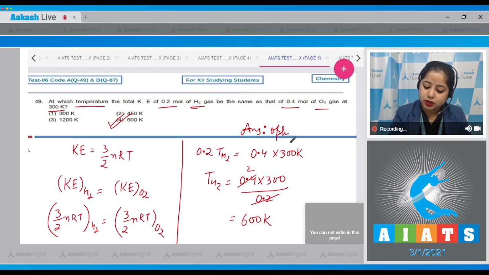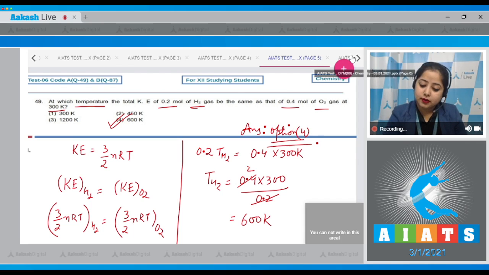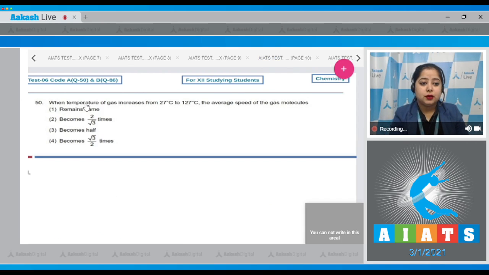So answer I'm writing. Answer is option number 4. Moving to next question, which is question number 50. Let's read it. When temperature of a gas increases from 27 degrees Celsius to 127 degrees Celsius, the average speed